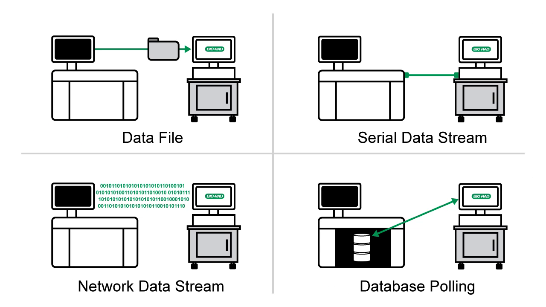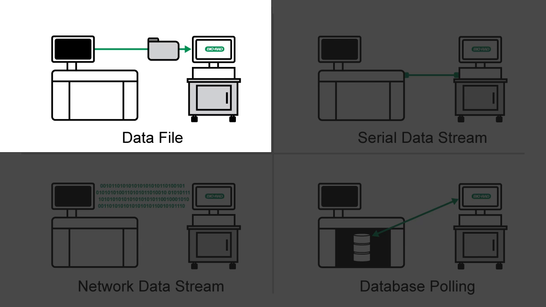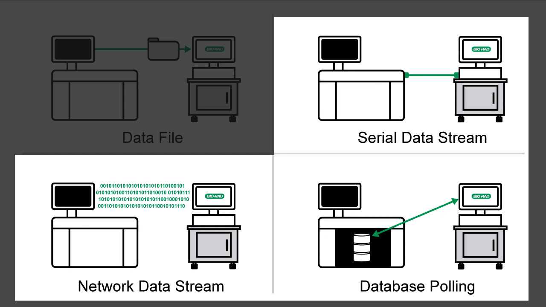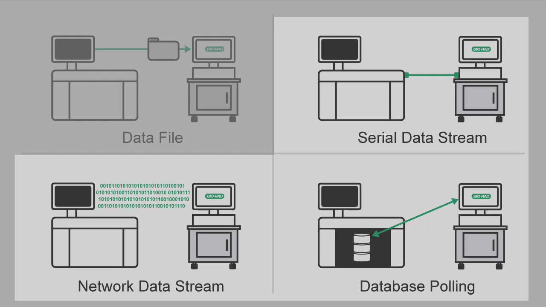As we learned in Part 1, Unity Connect can capture data using different methods. Other videos in this series explained how to transform data using the data file method. This video covers the remaining methods. We recommend that you move on to Part 9 if you are using the data file method.